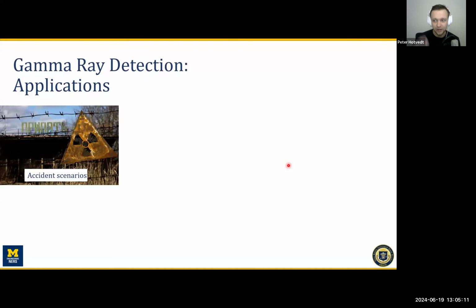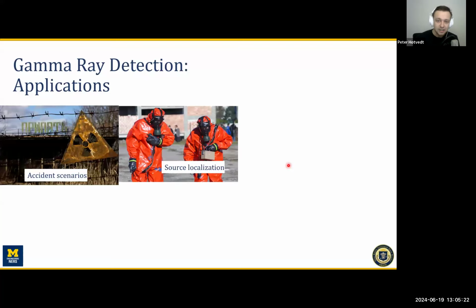So if there were, say, a leak or a spill, that's really important. We want to be able to measure it. And if it's radioactive, odds are we can find it with gamma ray detection. And if we can't, then we can use a different type of detector. Similarly, if a source, just a general radioactive source, goes missing in some capacity, we want to be able to find it. So, source localization is just as important because we are able to find radioactive sources by measuring the gamma ray flux, basically. The magnitude of the gamma rays that we measure,